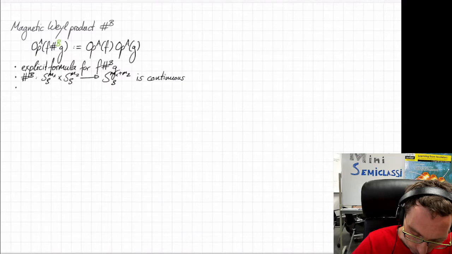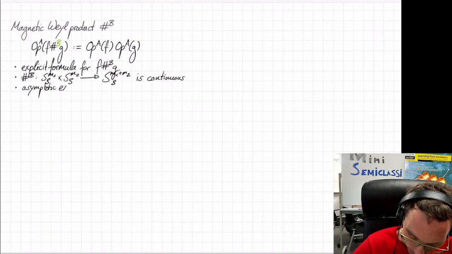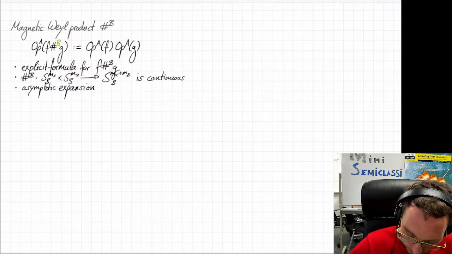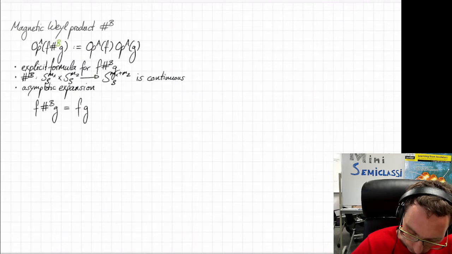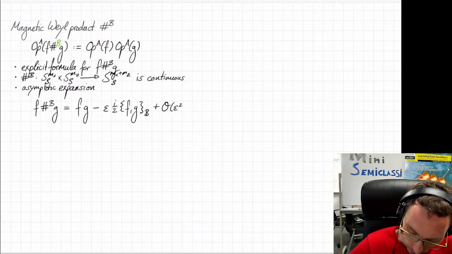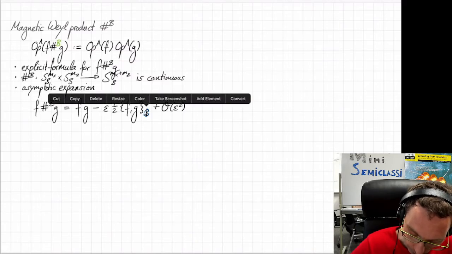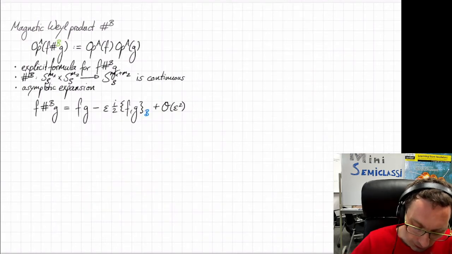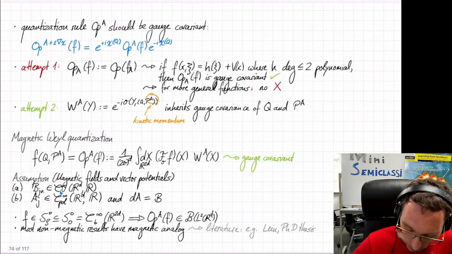And you also have an asymptotic expansion, for example, for Hörmander symbols or for Schwartz functions. And just as before, and this is the important point that I want to impress upon you, the 0th order term in the semiclassical parameter is just, again, the pointwise product. And then the order epsilon term looks almost identical to what we had before, but of course now we have to use the magnetic Poisson bracket rather than the non-magnetic one. So here, this is the important difference, and if you look towards the semiclassical limit already, this is exactly what you want, because